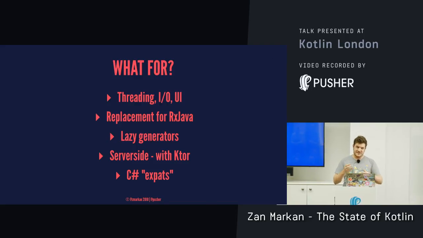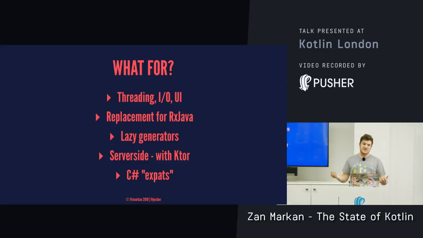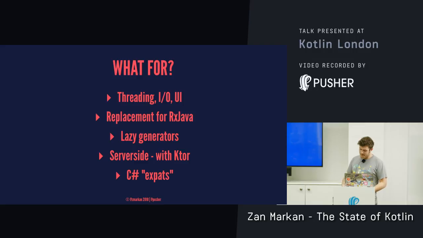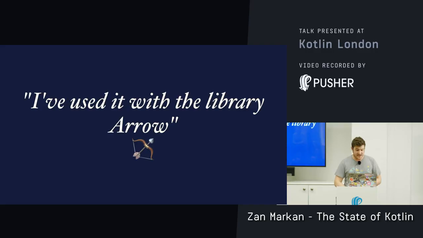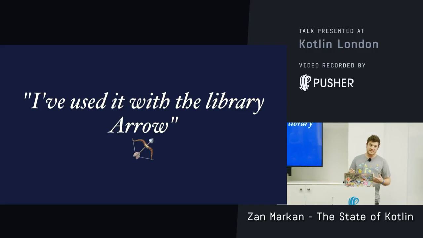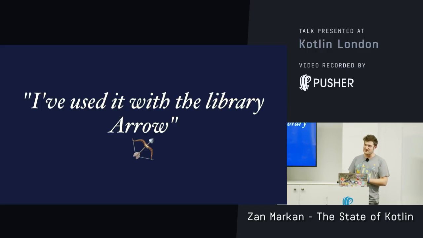So coroutines, because they're just that, are probably going to be taking a bit of limelight from RxJava in that sense. There's also a bunch of people who said they come from a C# background and they've missed the async and await keywords, so they've used that. Some people also say they've used it with Arrow because they use it for comprehensions. I've got Paco over there in the audience, who's one of the main contributors to Arrow. If you have any Arrow questions, please ask him.